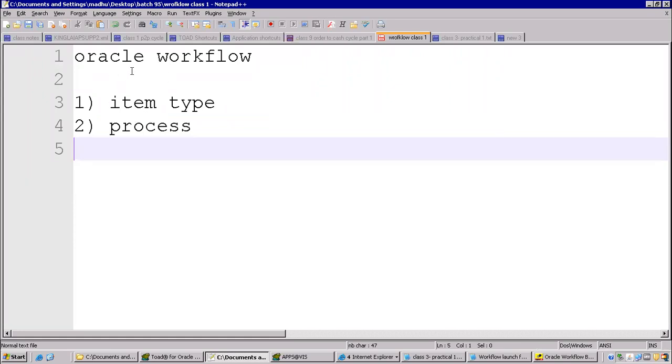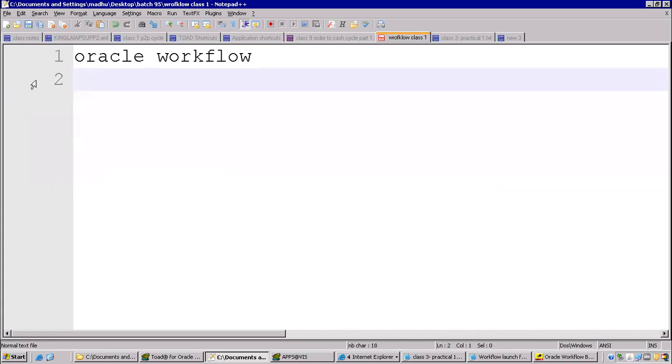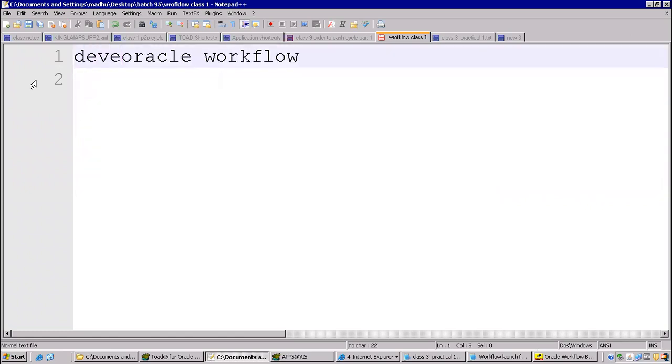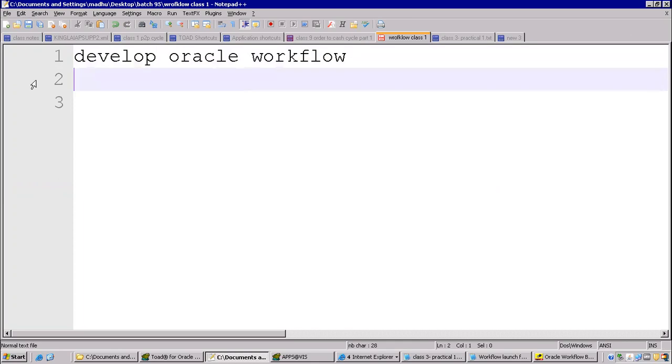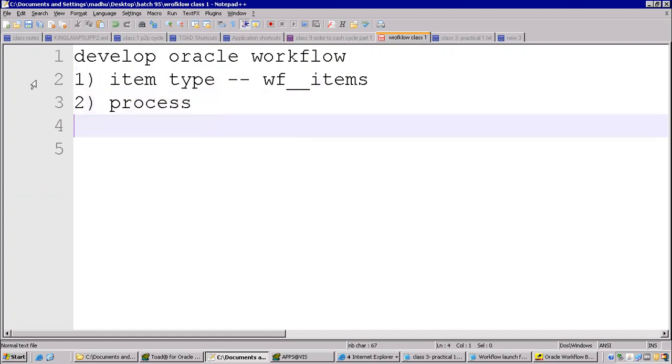So as of now, we have seen only one example. If I ask you how to design or develop a workflow, you tell me the steps. First step is we have to create an item type. In which table can you find items? The table name here is WF items, correct? Once you create an item type, the second thing is it will have multiple processes, like an approval process, a rejection process. Now, third one here is